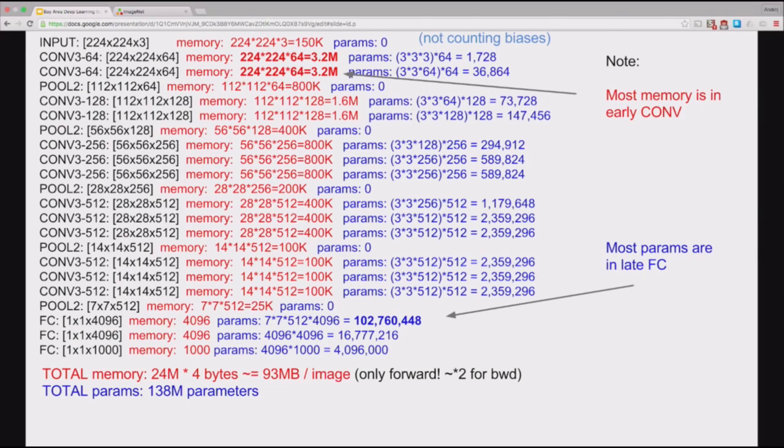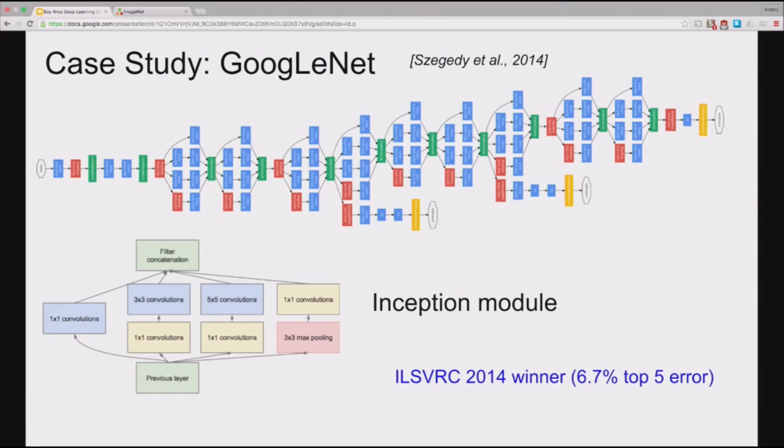The winner in 2014 was actually not VGGNet. I only presented it because it's such a simple architecture. The winner was GoogleNet, with a slightly hairier architecture, we should say. It's still a sequence of things, but in this case, they've put inception modules in sequence. This is an example inception module. I don't have too much time to go into the details, but you can see that it consists basically of convolutions and different kinds of strides and so on. So the GoogleNet